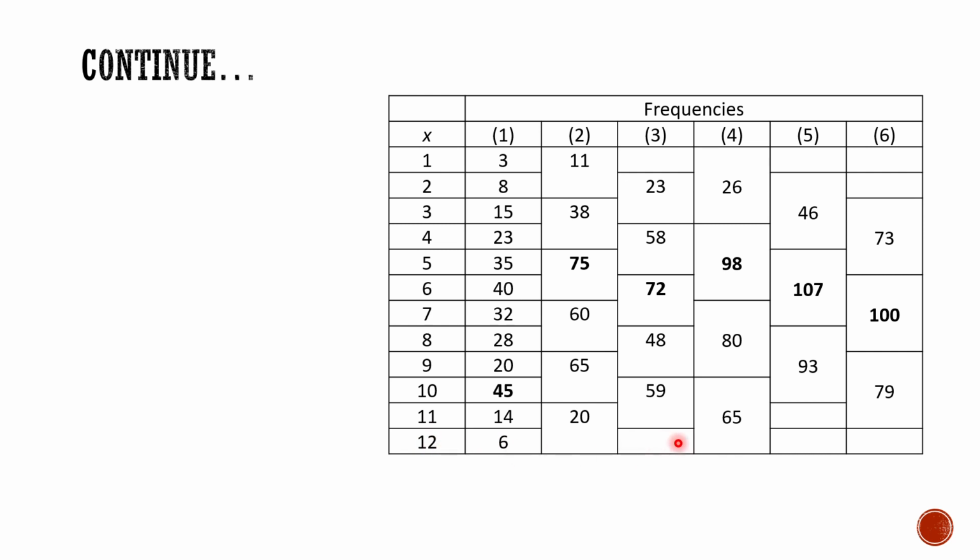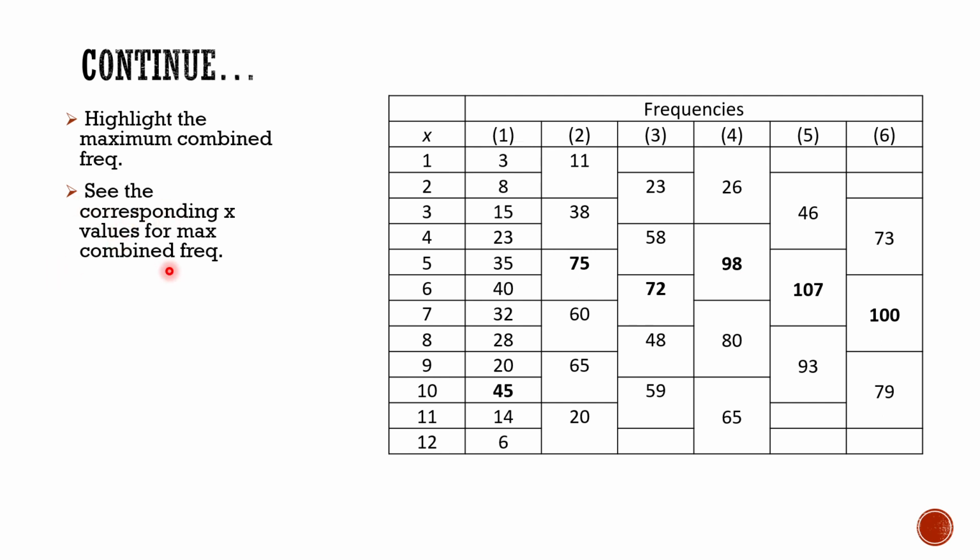So we are left with this, and we haven't done anything with this frequency. Similarly here, what we'll have to do, first of all, is highlight the maximum combined frequency, which we have already done: 45, 75, 72, 98, 107, 100, and see the corresponding x values for maximum combined frequencies. It means that for 45 that is 10, for 75 that is 5 and 6, for 72 that is 6